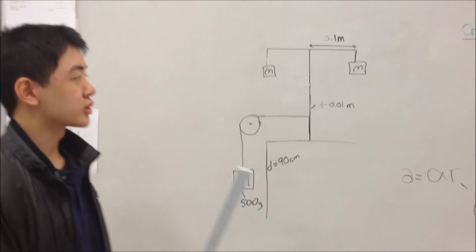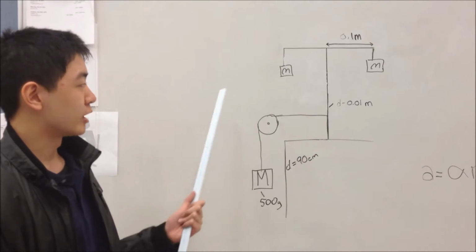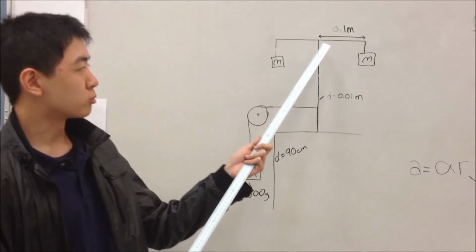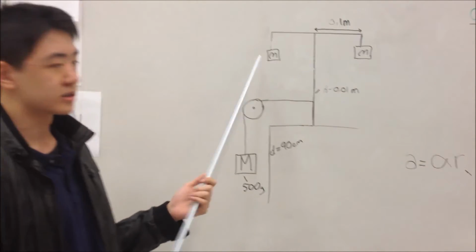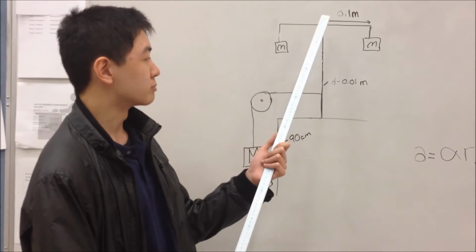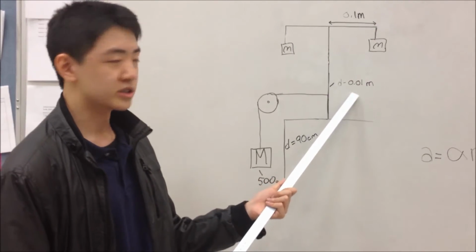Welcome to the explanation of our rotational experiment lab. Here's the diagram of said lab and said apparatus. The arms are 0.1 meters or 10 centimeters on each side, with identical masses labeled little m. Here we see the rod which the arms are attached to, and the diameter of the rod is 0.01 meters